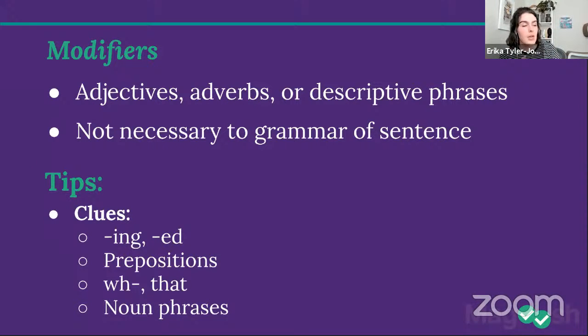So an example: I ran through the haunted house, the house of horrors, at the amusement park, Universal Studios. Okay, there, the house of horrors is renaming the haunted house. We can cut out house of horrors. The amusement park, we rename it as Universal Studios. We can cut out Universal Studios. Does that make sense? So we've got a noun after another noun, often surrounded by commas. If we're ever renaming a noun, we can cut out that second name.